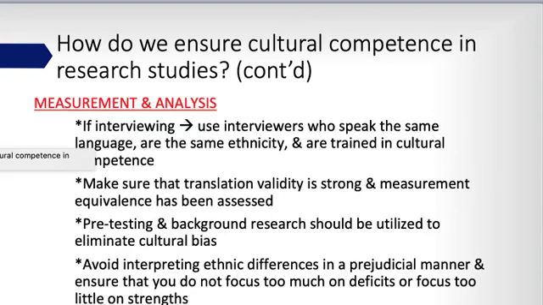In terms of measurement and analysis, again, if you are interviewing, or in our case, we administer the surveys, use interviewers or people who are administering the surveys who speak the same language, are the same ethnicity, and are trained in cultural competence, right? So make sure